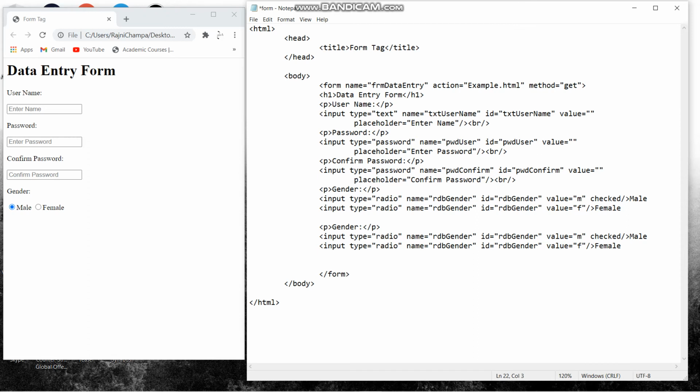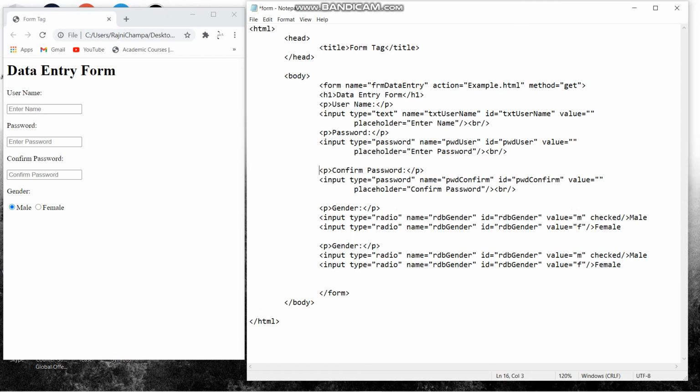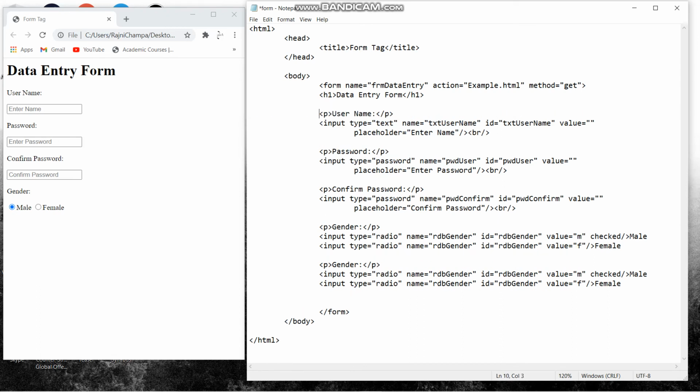Whenever we submit this form, we will get the return value: if we clicked one of the radio boxes, we will get the unique value of the clicked box. So now you learned how we did it for the radio boxes.